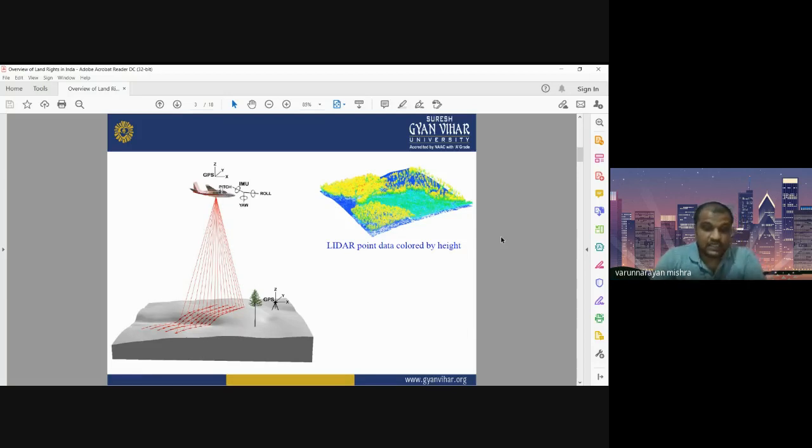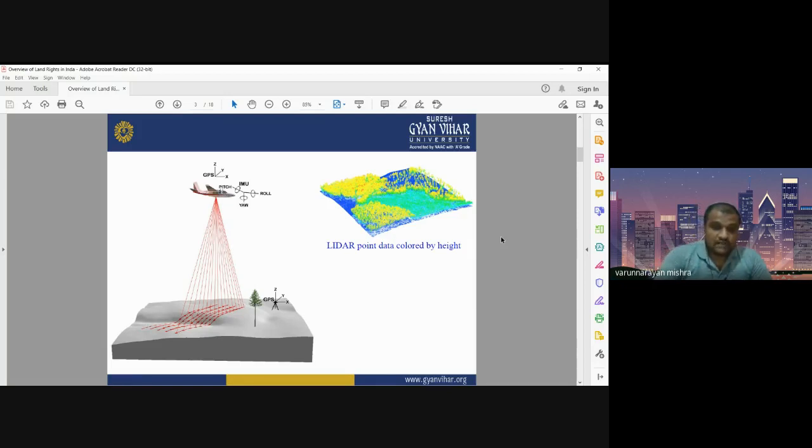And here you can see that on the ground, you may also have a GPS system. So one GPS system is on the platform, that is on the aircraft, and another GPS system is on the ground that can communicate information from the ground to the platform. If you want to communicate some location to the aircraft, you can send the ground location by the GPS system installed on the ground directly to the GPS system on the platform.